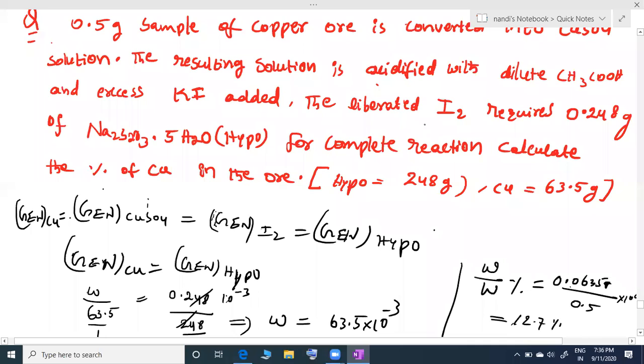So what we did simply, even for that big question, we are simply equating in terms of equivalents. Here you need to find out one thing: what are the reactants? The copper sample is converted into CuSO4. After that, that CuSO4 again reacts and releases I2. That I2 reacts with hypo. So all of it you can equate in terms of equivalent number. Then finally calculating is simple. But you need to remember n factors also here. CuSO4 n factor is 1. Even hypo solution n factor is 1. Clear? So that is the most important thing here. Please find it.